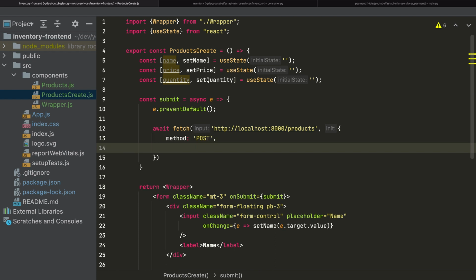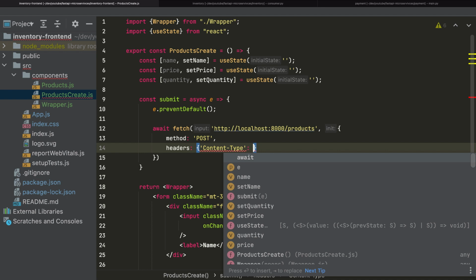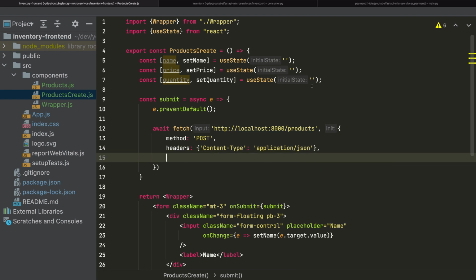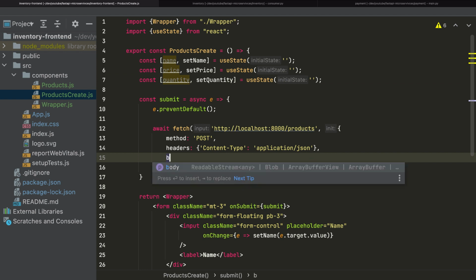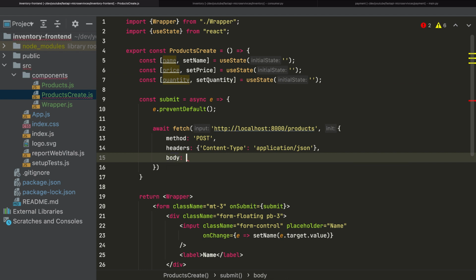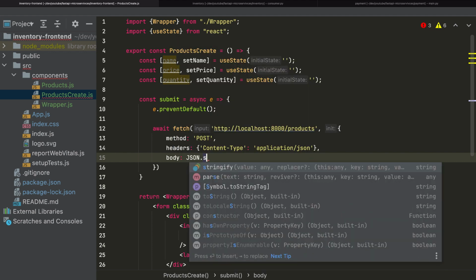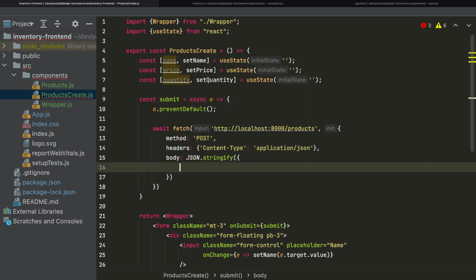We need to add the headers, which are Content-Type will be application/JSON, and we need to send the information that we need, which are these three variables here, and we'll send that in the body, which should be a string, so we need to use the function JSON.stringify,